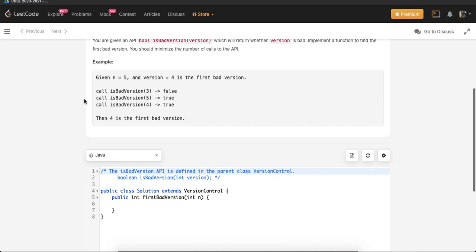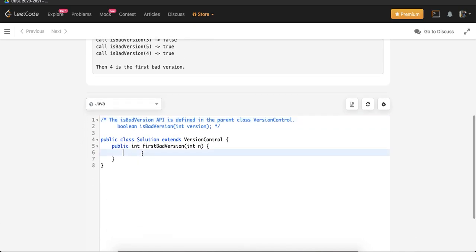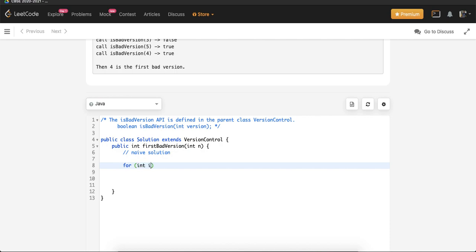So let's start implementing the solution. One naive solution which comes to my mind is simple. We can just say i equal to 1, i less than n, i plus plus.